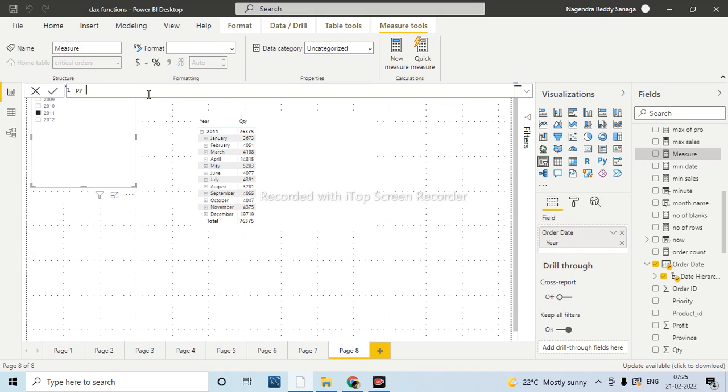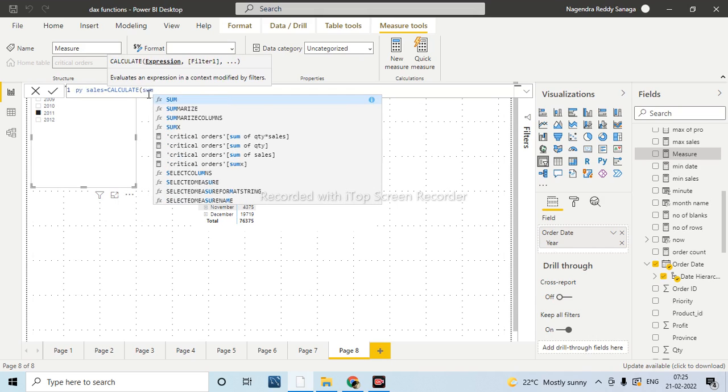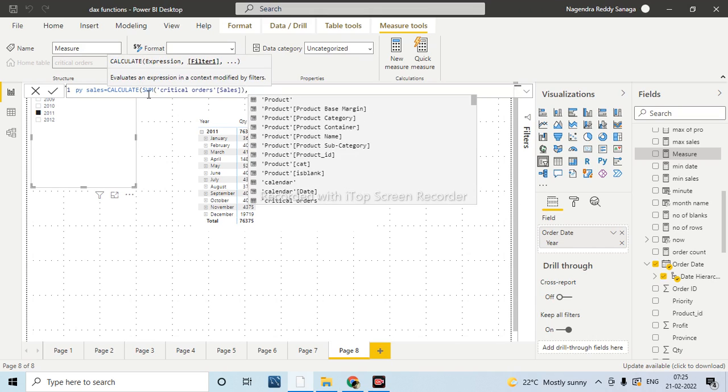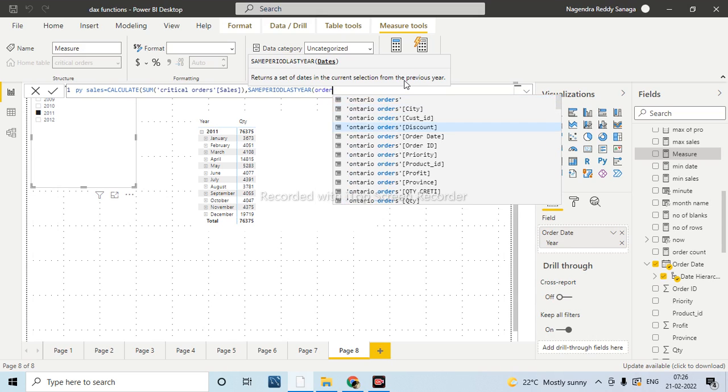I am taking just PY sales, that means previous year sales. Calculate sum of sales. Now if you see, the same period last year function returns a set of dates in the current selection from the previous year. Based on the dates which you have provided, I am taking here the order date.